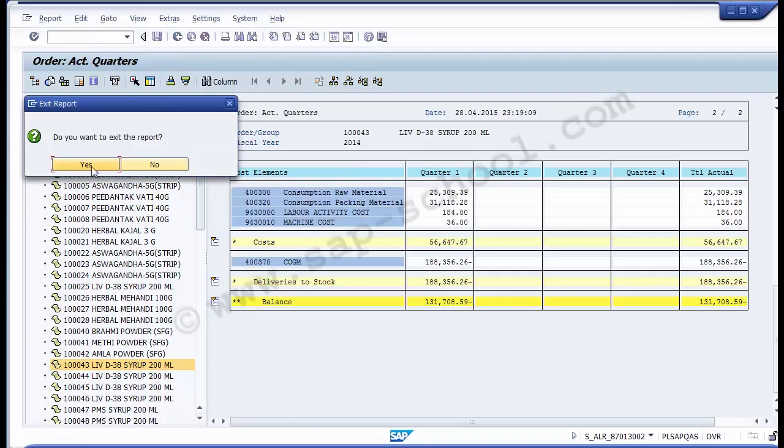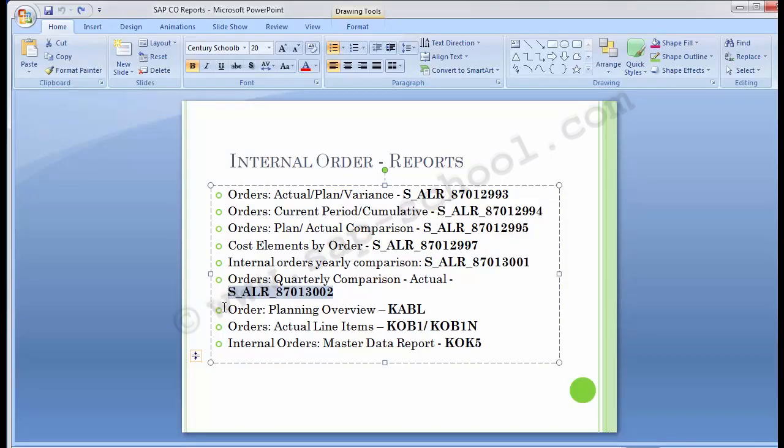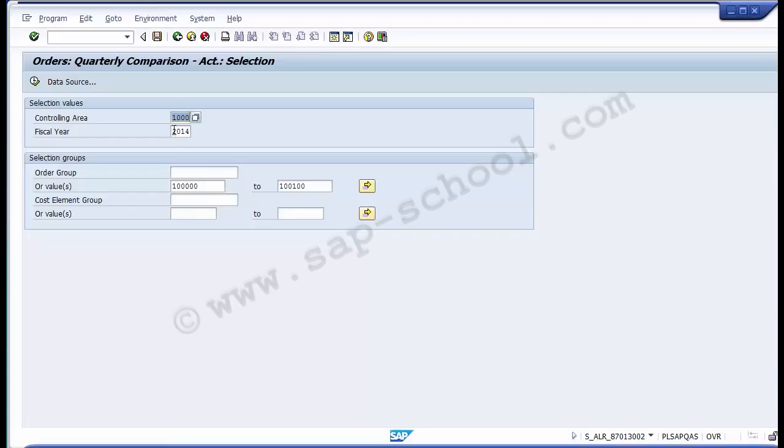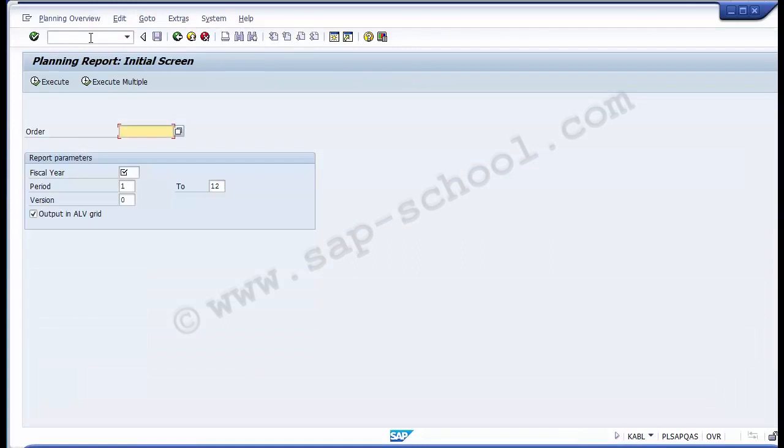So this is how you can make internal order quarterly comparisons. Then, similarly, moving up to the next is the planning overview. That is the internal order planning overview part, that is KABL. In that you can go for planning of internal order with the transaction KABL, and you want to assign